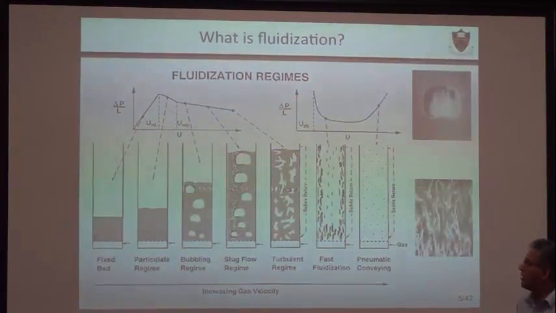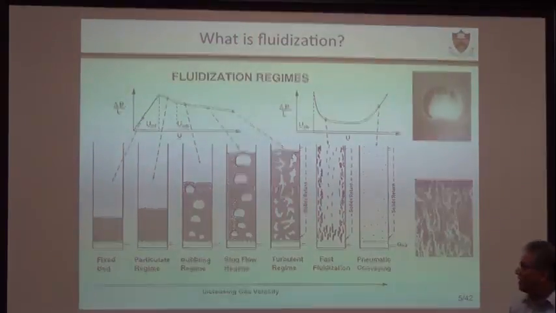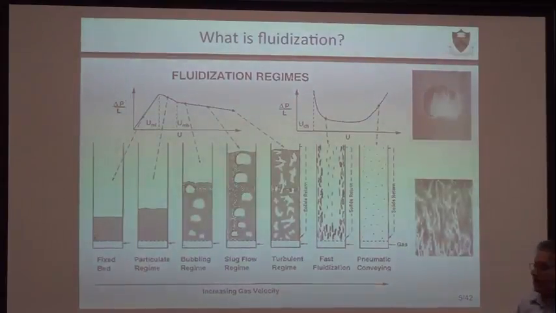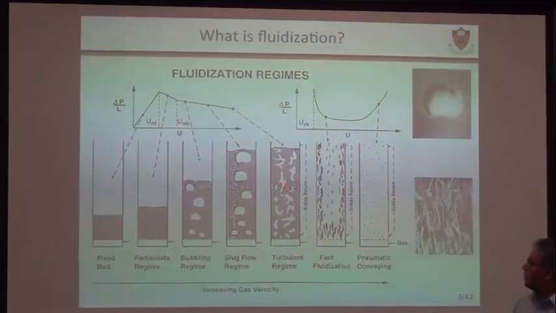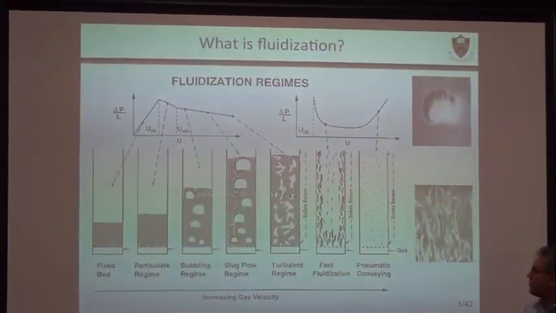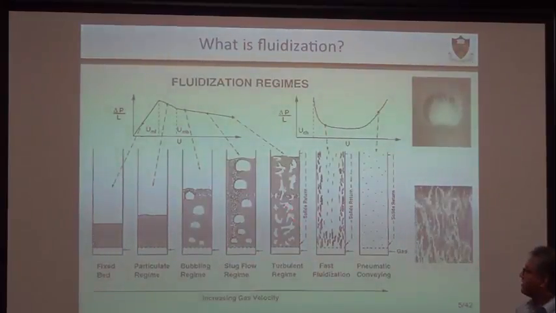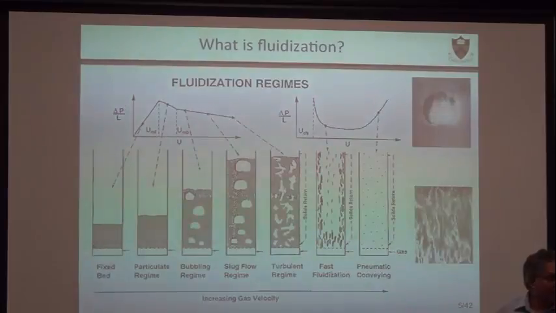like a turbulent bed, where you have gas-rich pockets that are pretty erratic, and solid-rich pockets of emulsion that are also erratic. But here you have a case where the solid pockets are continuous and the gas-rich pockets are discontinuous. You go higher, they do phase inversion, the gas-rich pockets become continuous, and the solid-rich pockets become discontinuous.